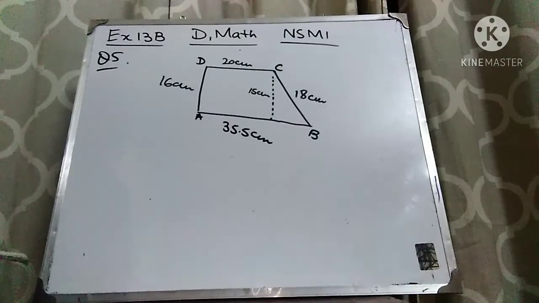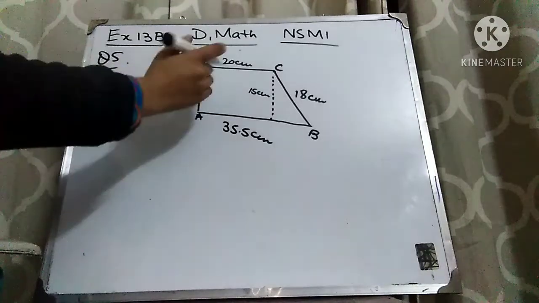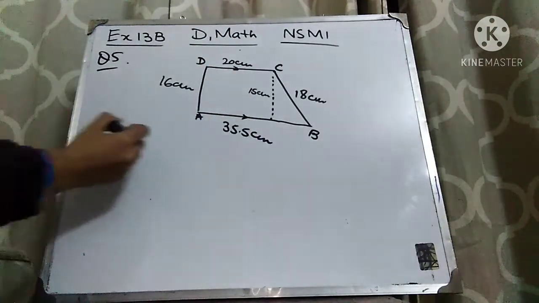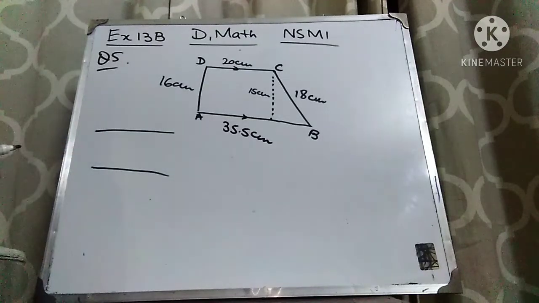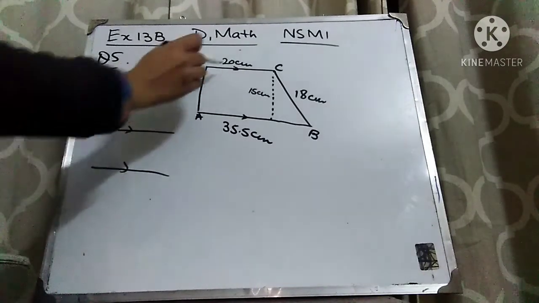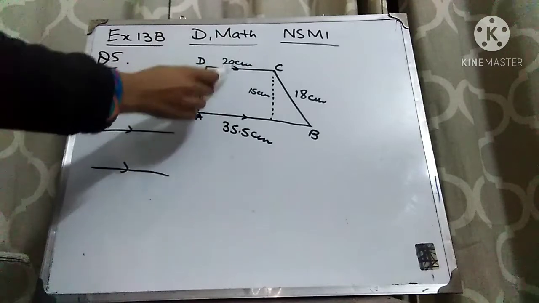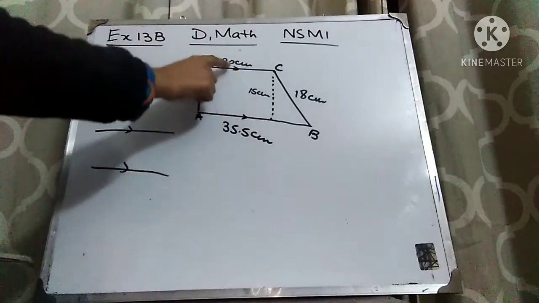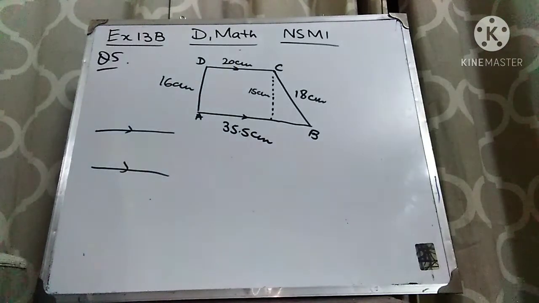Okay, so here this is the trapezium. First let me tell you what a trapezium is, what the shape is all about. A trapezium is a shape in which there is one pair of parallel lines. As you can see, these are the parallel lines. Parallel lines are those lines which never meet. So these two are the parallel lines. Whenever there is a figure in which there is one pair of parallel lines, that figure is called a trapezium. So this is the trapezium.